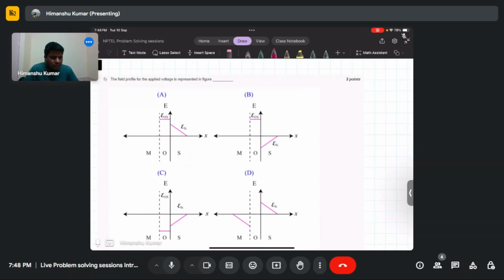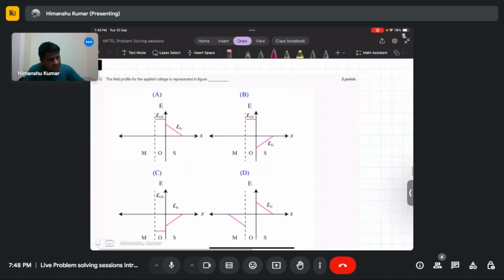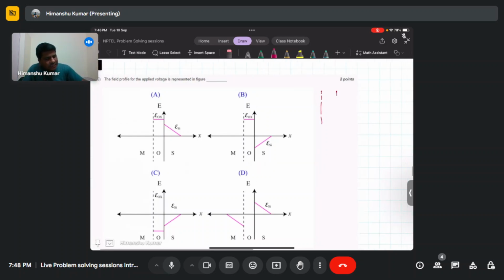Now the field profile for the applied bias case in the figure: basically this is the oxide region. If we draw the charge picture, this is the charge density rho, q N_D by epsilon. In the oxide region we can assume zero charge, and in the metal you can assume there is no charge. So if we want to draw the field, we start integrating